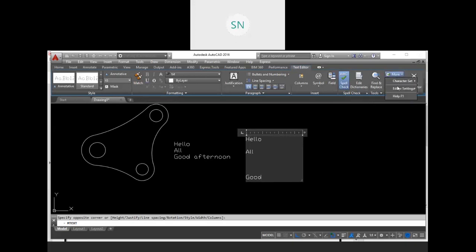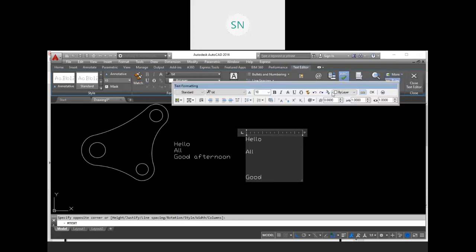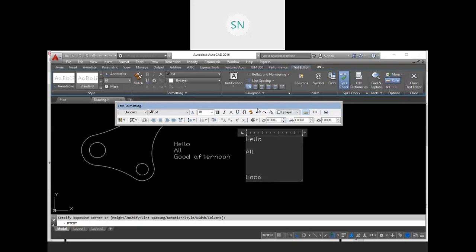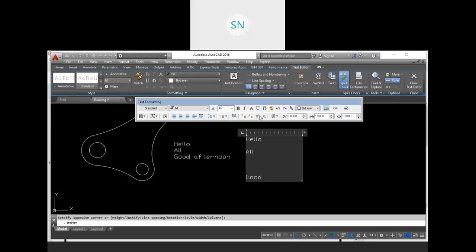Now also we have so many options over here. So go to the more editor settings, and here you will get a show toolbar button. So this is our text formatting toolbar, and whatever options are available over here are also available in this ribbon. But I hope this arrangement is much more familiar to you because you are using WordPad, right?